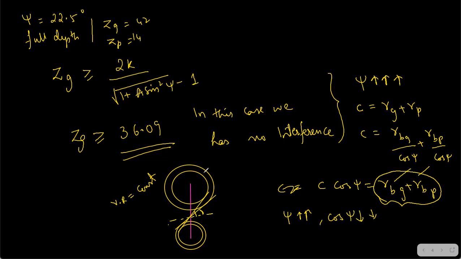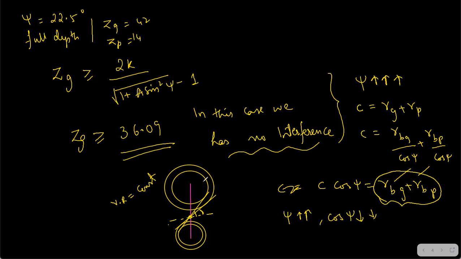By increasing the pressure angle, the base circles are being shrunk. It means the base circles are becoming smaller. But the point P will not change. It means the velocity ratio won't change. Fine. And this will give you avoiding the interference. Here also we have avoided the interference with the same teeth, just by increasing the pressure angle. But here also we can see that the length of path of contact is compromised. It means here also the length of path of contact is decreased.